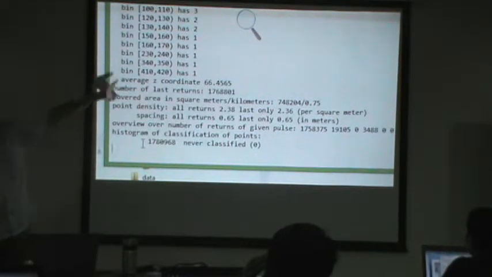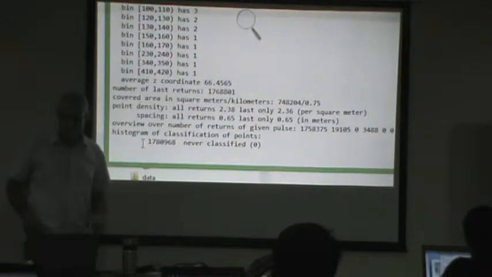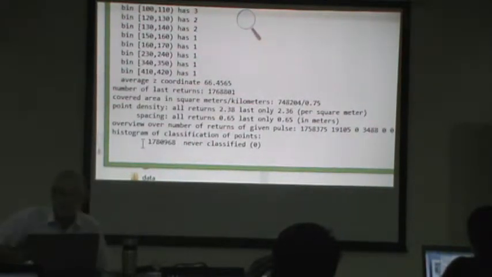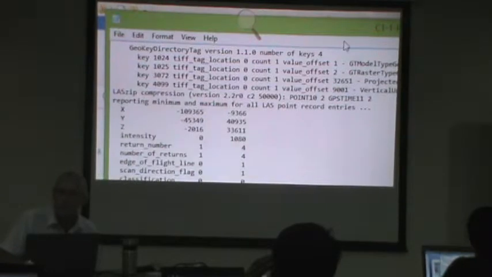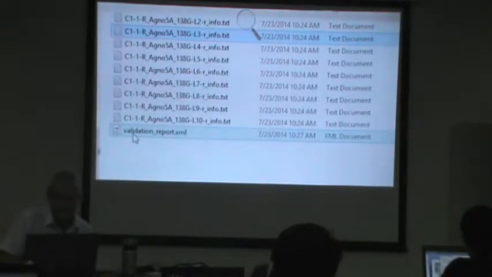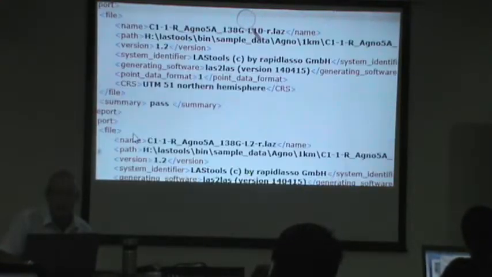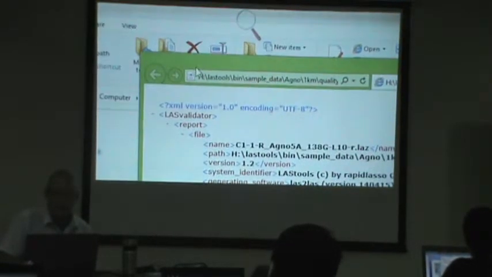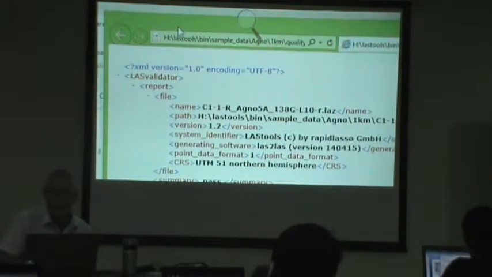And there's no warnings anywhere. It doesn't say that's not good, so it looks good. Let's have a look at this other file that I created, the last validate one. It's right here, it's an XML file, so if you have a browser that knows how to read XML files,